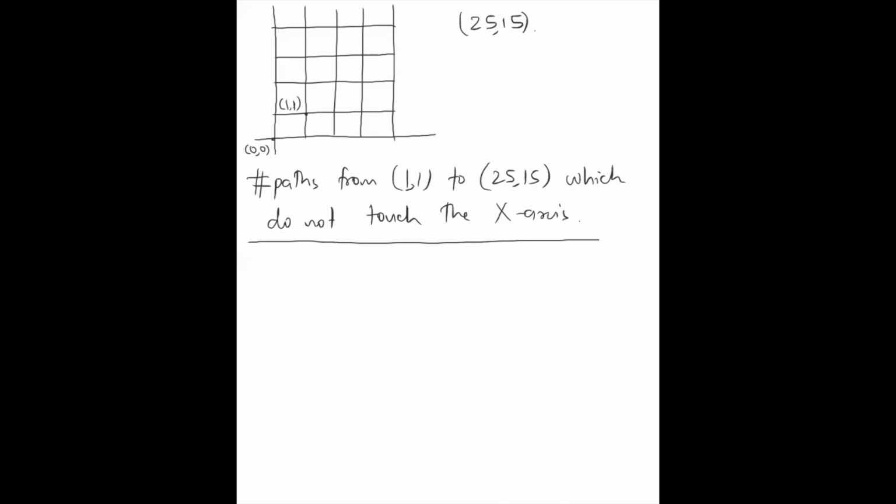Now if you have the option, you might actually want to pause the video here for a second and see why this is actually a much trickier problem than what we did before. After looking at it for quite some time, you realize the technique that we used earlier, when we calculated from 0 comma 0 to 20 comma 10, we counted without any restriction. So if you spend some time, you will realize that this new problem is not as simple as this. It needs some cleverness on our part.